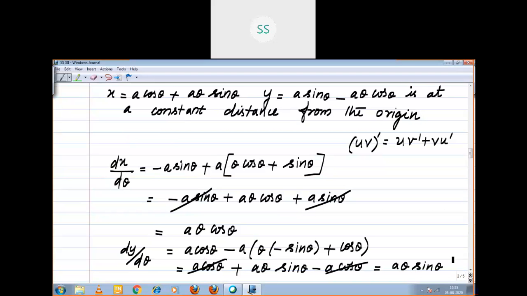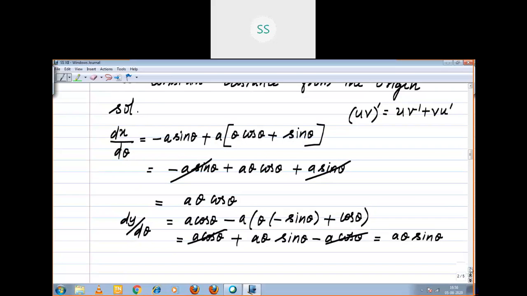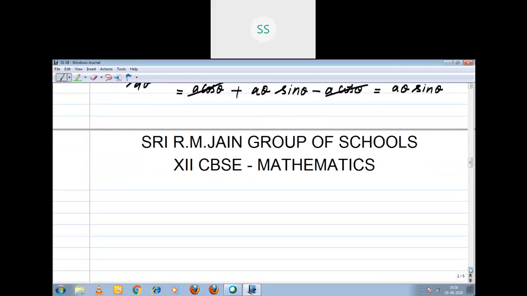Okay, only the first simple part alone we completed. Now only we are going to enter into the solution part, right? This is also a solution, but we need the slope of the tangent, right? Now, how to find the slope of the tangent? We need dy by dx. Slope of the tangent is nothing but dy by dx.